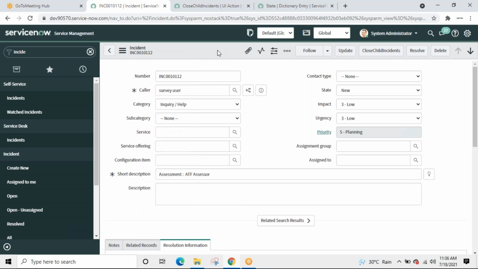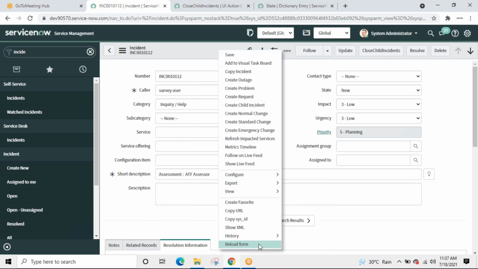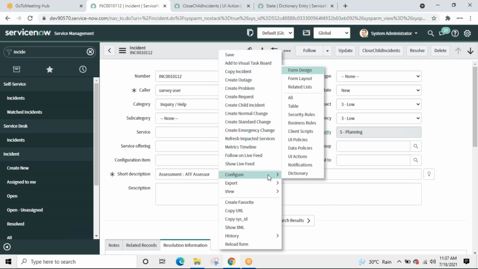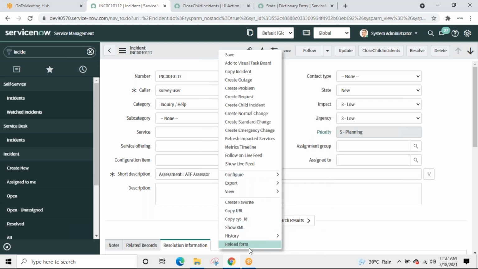Okay. Let us, I'll reload it again. It is not here, right? Otherwise, I thought it will be add to this copy.